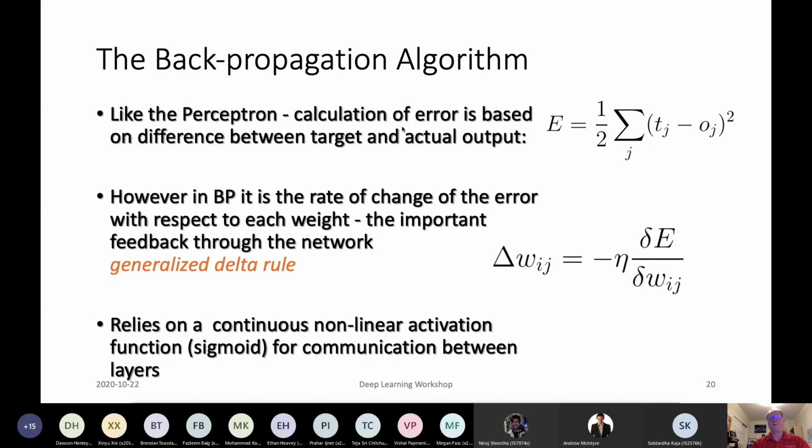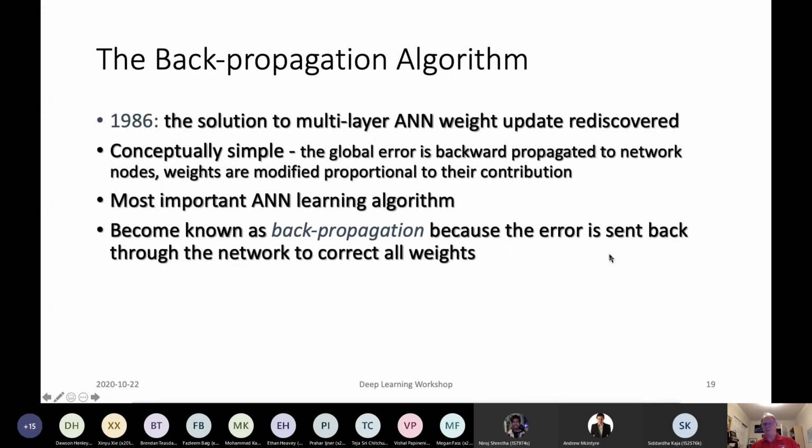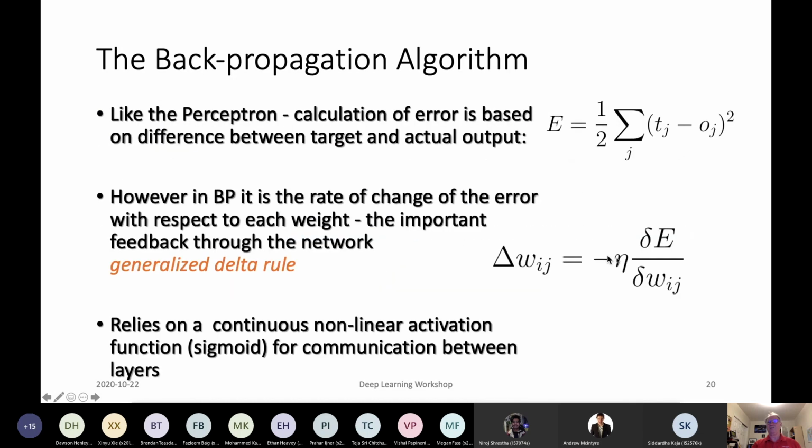What we want to do is to adjust the weights such that the error is reduced as those weights are changed. So this takes us into calculus. This is saying that the way to change the weight Wij, a weight between node i and node j anywhere in the network, is that we want it to change in accord with how the error changes with respect to that weight. And this factor here is just our learning rate.